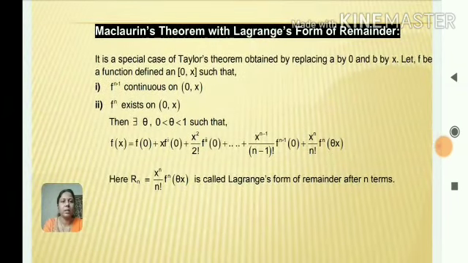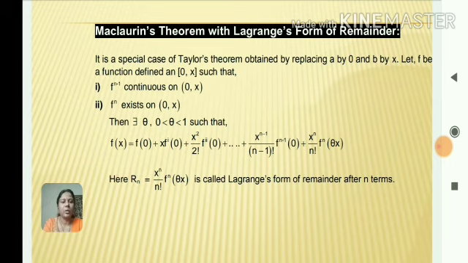Nextly, we'll see Maclaurin's theorem with Lagrange's form of remainder. It is a special case of Taylor's theorem obtained by replacing a by 0. Statement: let f be a real valued function defined on closed [0, x] such that f^(n-1) is continuous on closed [0, x]. f^(n) exists on open (0, x), then there exists theta lying between 0 and 1 such that